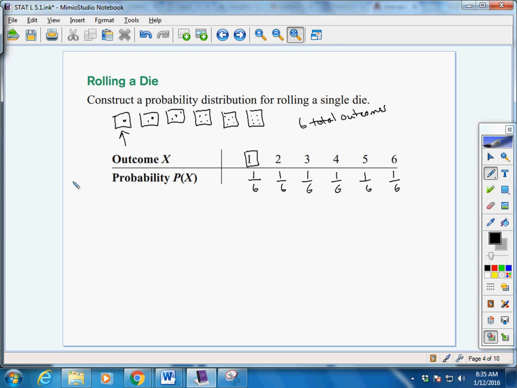This is just a simple probability distribution, but remember, that's what we're trying to do. Our outcome is x, our random variable. So we have a 1, a 2, a 3, a 4, a 5, or a 6, and then we can figure out our probabilities underneath. The way we're doing probabilities isn't different; the way we're thinking about them is. We're thinking of them in terms of distributions, and in terms of using a random variable. But the basic probability that we're going to find remains the same.